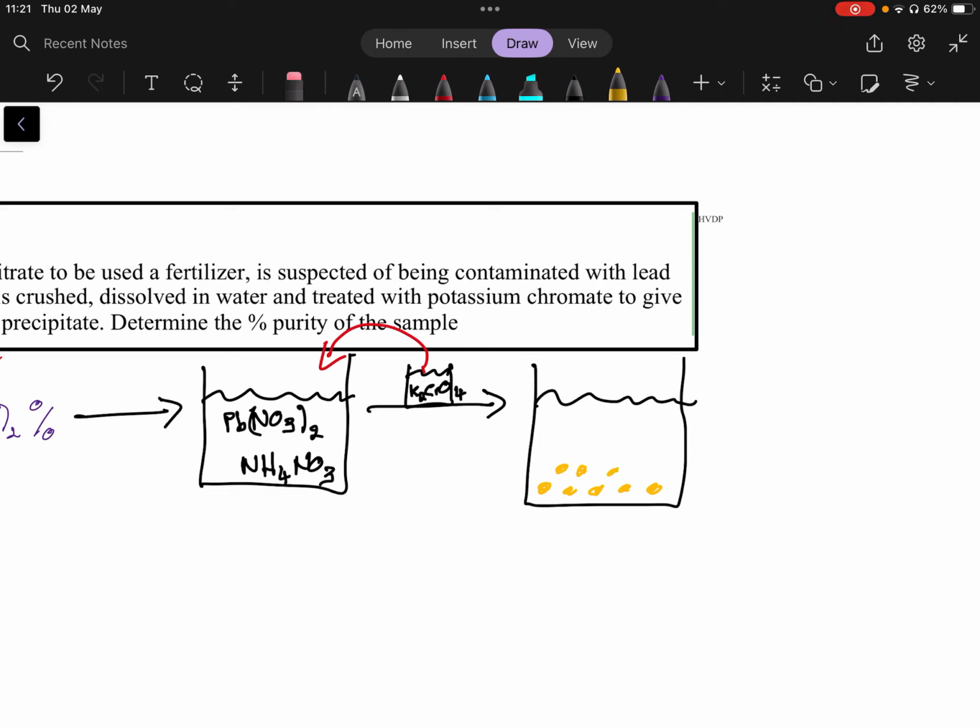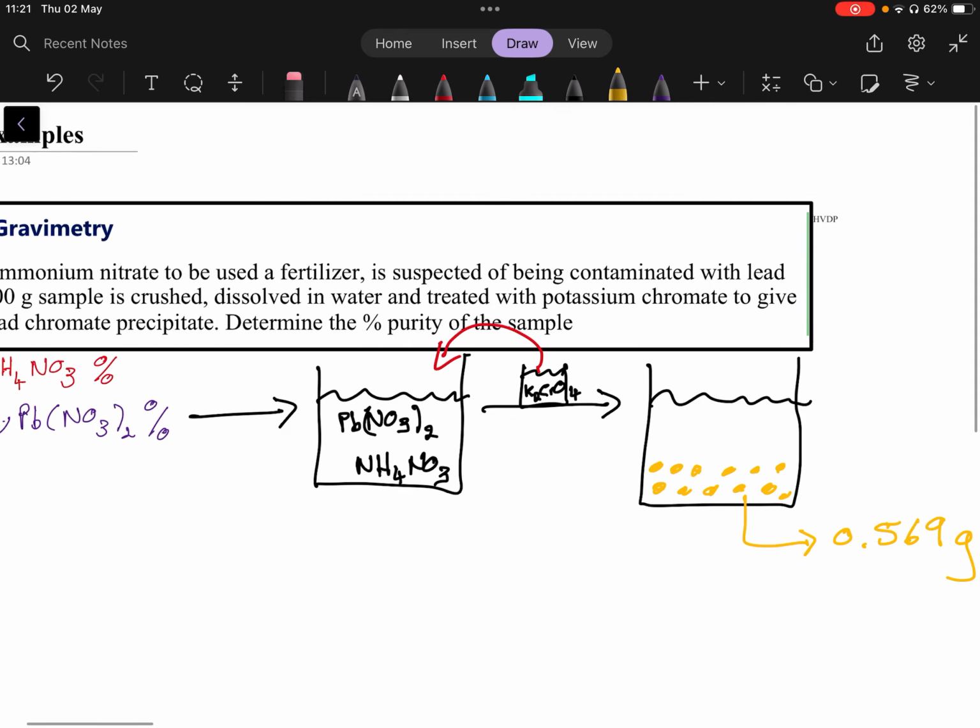And we assume from the question that enough potassium chromate is added. They know that they've added enough so that there's no longer any precipitate forming. So you add and you add and you add until there's no more precipitate that forms. So there's enough potassium chromate. That's the takeaway. So there's some solid that forms,